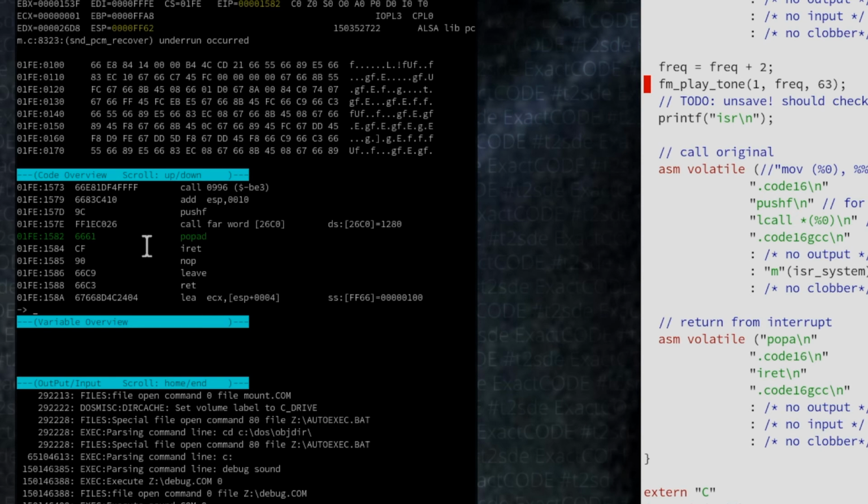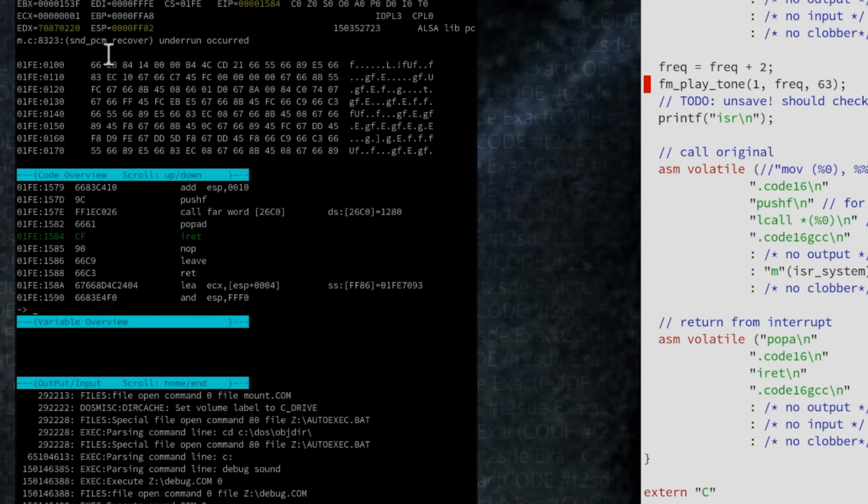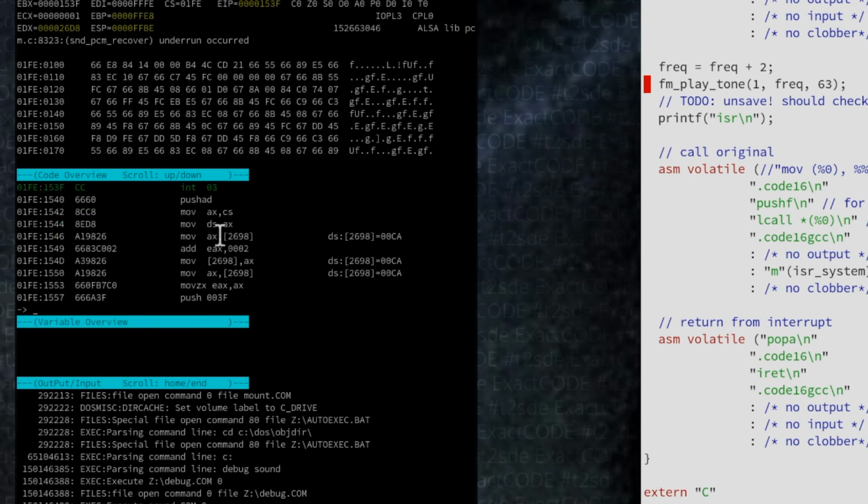And also here's our restore of all our saved values. And after this, you see our stack pointer is FF82, which should be the same as we had when we arrived at the interrupt. Here is our interrupt return. And here I continue with F5. And now we are here again at the next interrupt already, just an 18th of a second later. And now we could check again. We arrive in our interrupt service routine with FFBE. And if we step over this again,